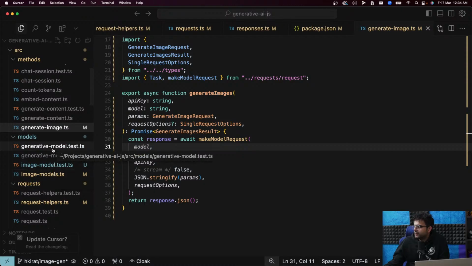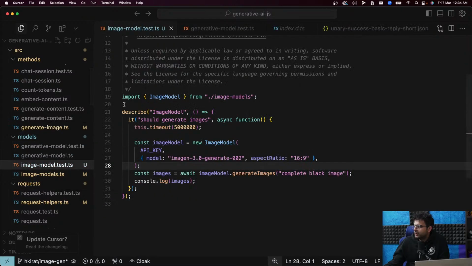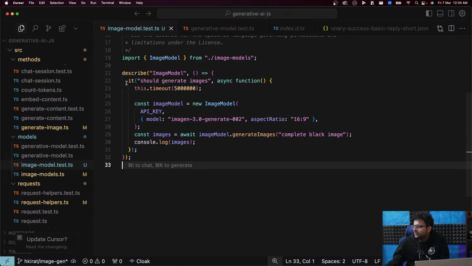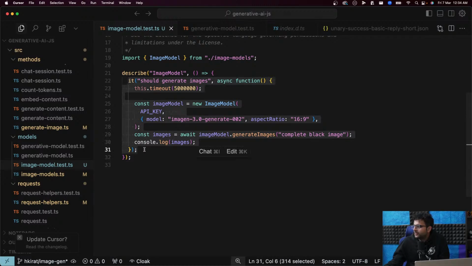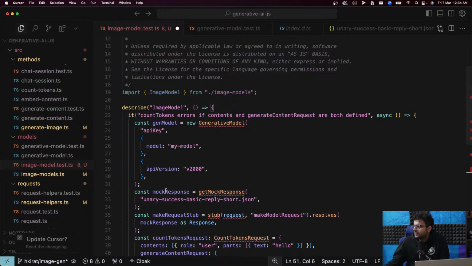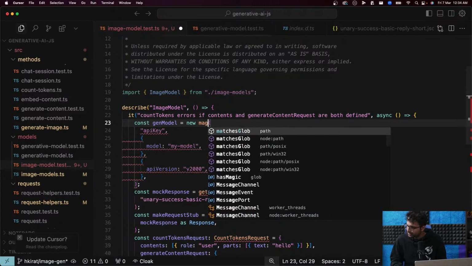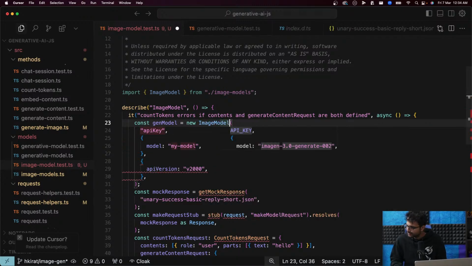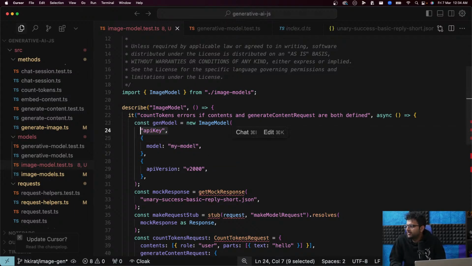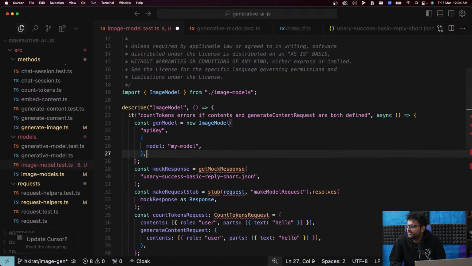There you go. ImageModel.test.ts. Let's remove this test. We know it works. Let's paste this test and check things off here. New generative model, new image model. Yeah, that looks good. API key is a dumb API key. Model name doesn't matter, dumb model name. And that's it.